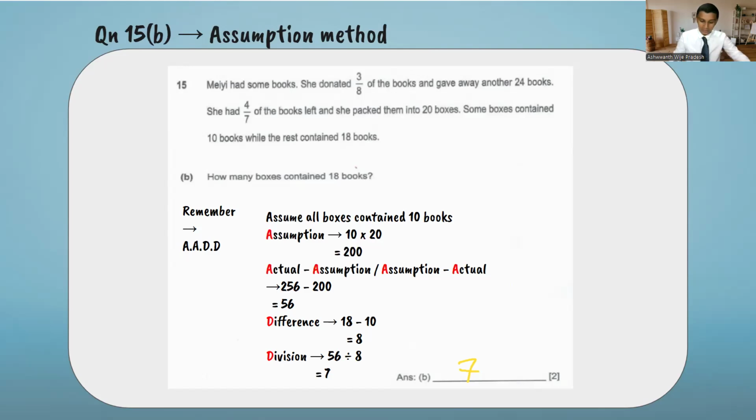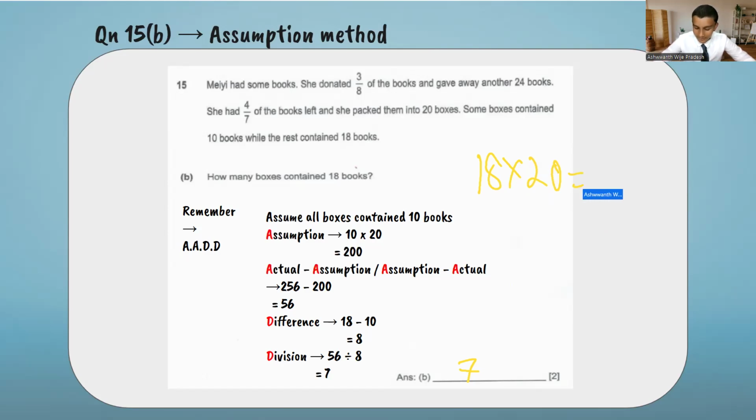So if you're wondering why you cannot assume that the boxes contain 18 books, the thing is you actually can. But at the end, you will receive the answer for the number of boxes that contain 10 books. So you need to do the extra step of taking the 20 boxes minus that number. So let's just show an example. So we assume all boxes contain 18 books. So 18 times 20 will be